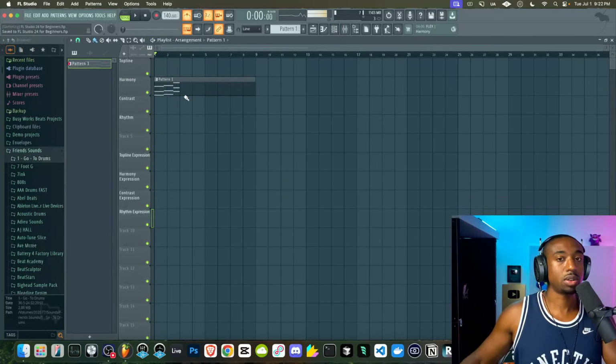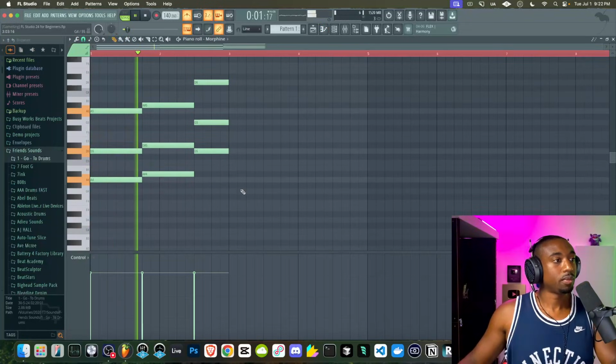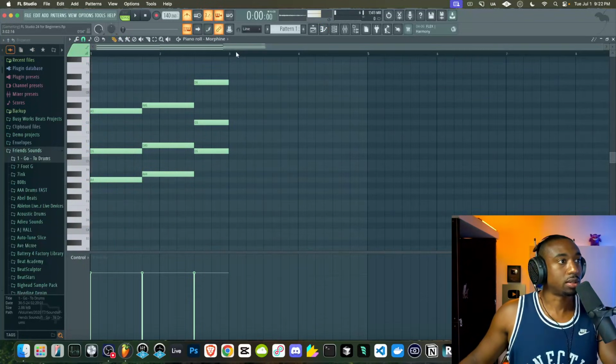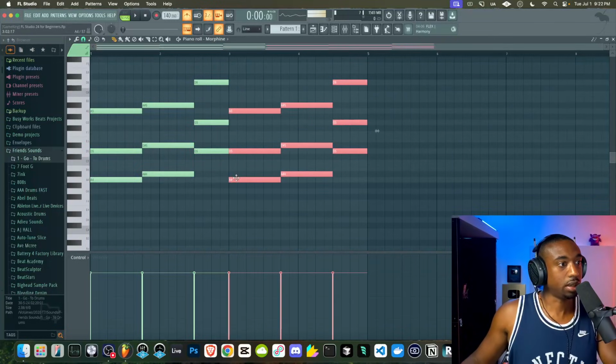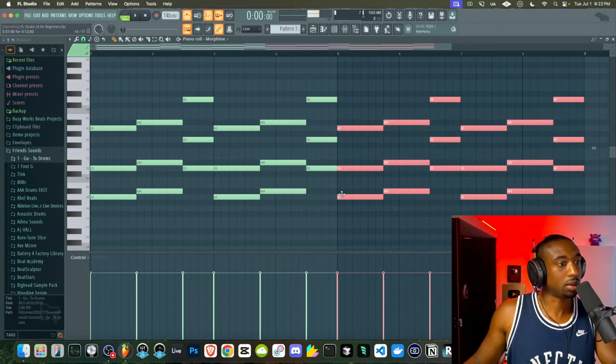All right, so we're building what's called a harmony or a chord progression. Let's double click in here. All we got to do now is just create changes. So let's hit Control, highlight these, hit Shift, left click, and pull this around. Let's hit Control, highlight these, hit Shift, left click.